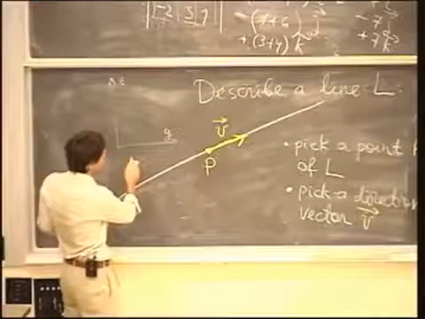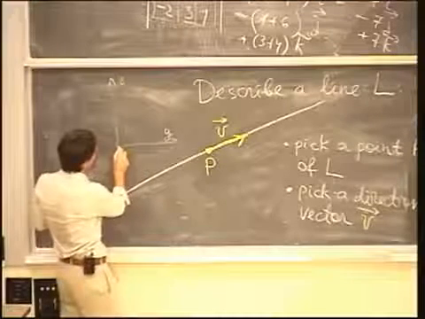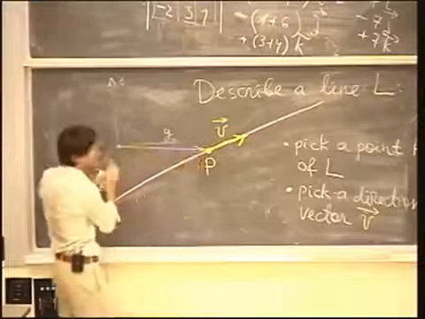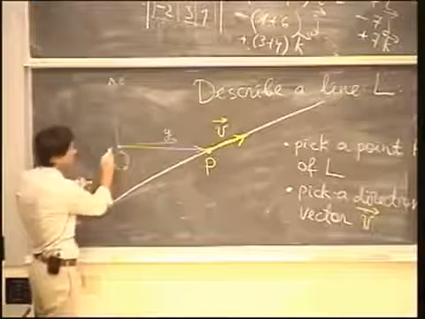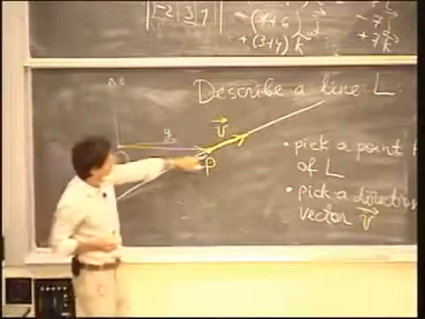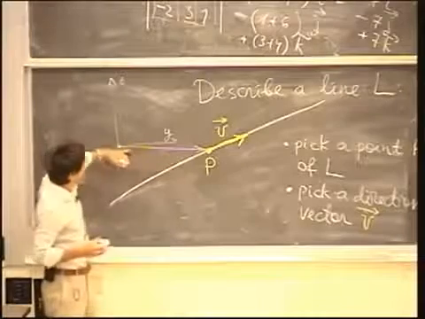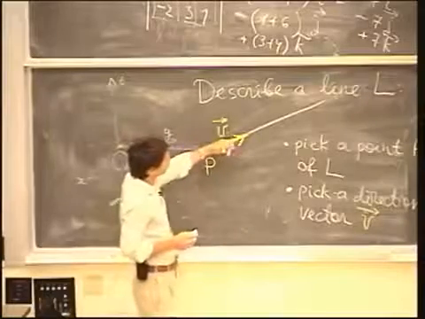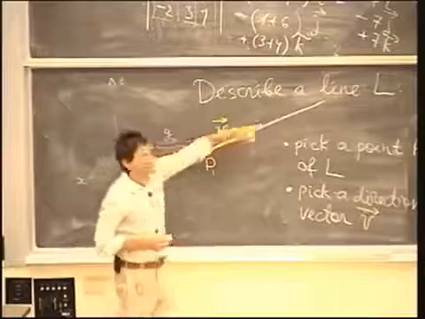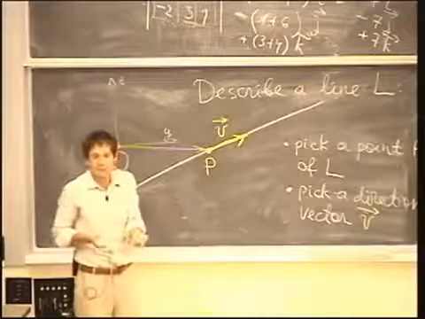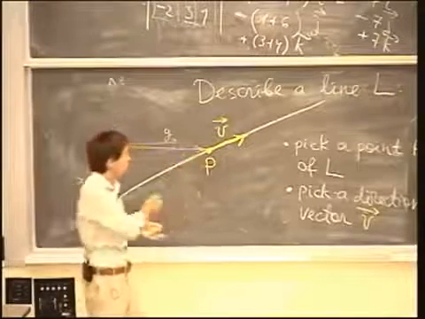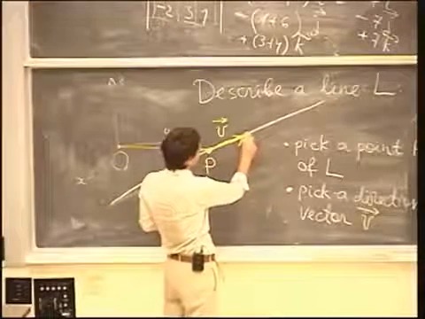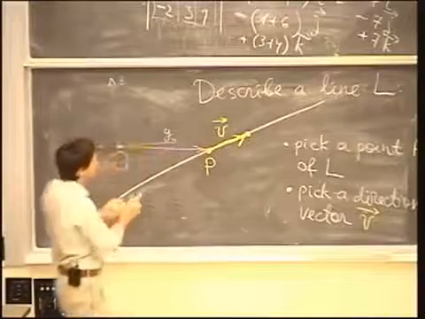So here, let me explain this. Let me draw the position vector of this point. I recall that the position vector of a point is a vector which has the origin, the letter O, as the initial point, and our point P as the final point. So that is the position vector of this point. Now I would like to find other points on this line. And finding other points is the same as finding position vectors of those other points. So for example, I know another point on this line, which is the end point of this vector. So the question is, how do I find the position